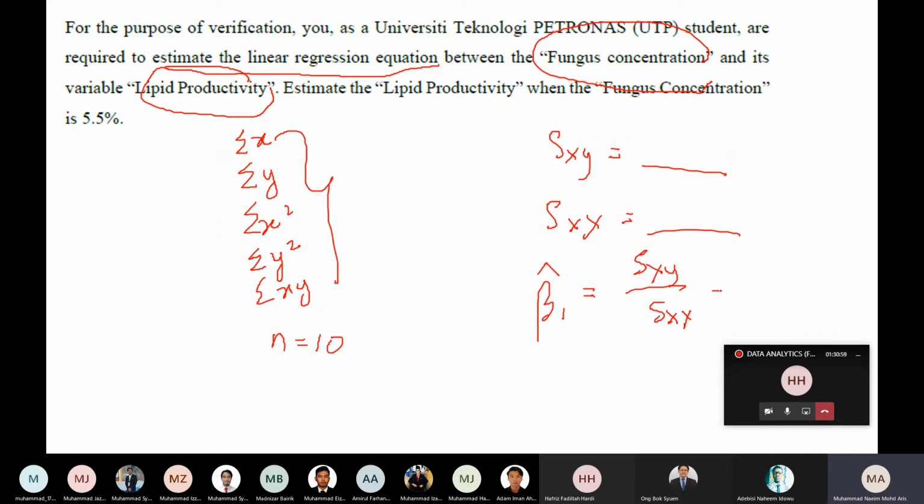Okay, so you can get the slope. You can also get the intercept by using this formula, y mean minus beta 1 times x mean. Okay, beta 1 here is actually what you already got here. For y mean here and x mean,